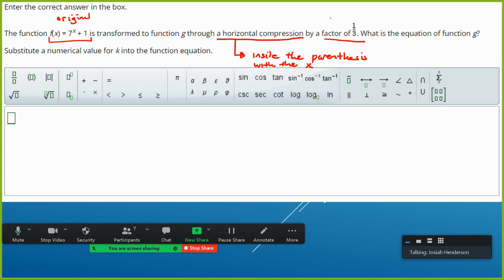So if they want us to do a compression by a factor of a third, you might think, okay, I'm just going to multiply 1/3 to the x. But we need to do the opposite of that. So if we flip that fraction, the reciprocal is 3/1, or just 3. That means we're going to multiply 3 to just the x. So what we would want to type in is